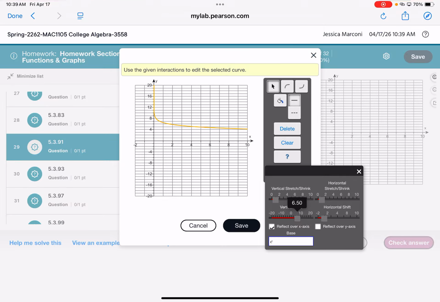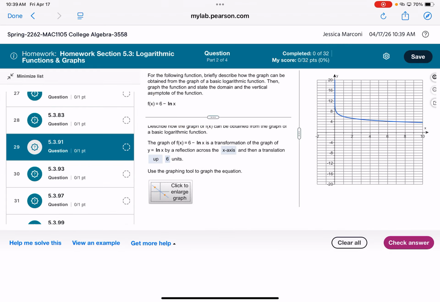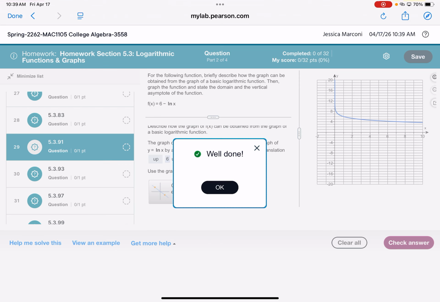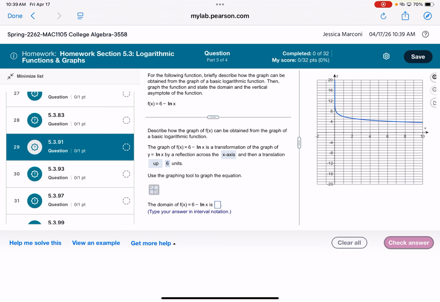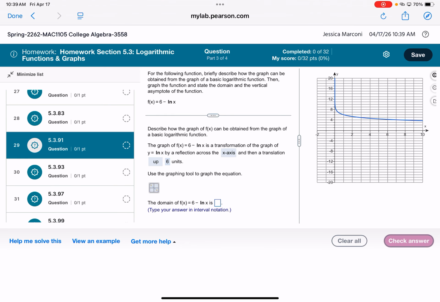Oh, okay, here we go. 6, okay. So you move the vertical shift to positive 6. Save it. Okay, great. So again, you just have to start with the base graph and then enter in your